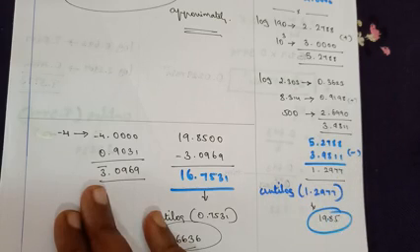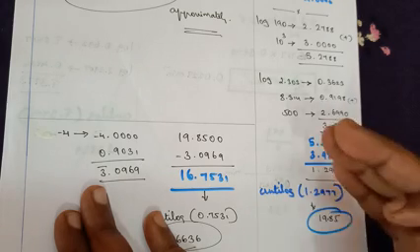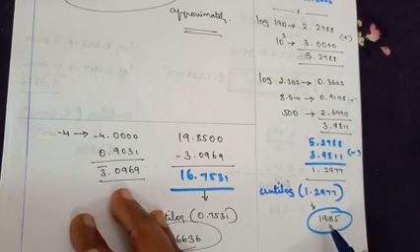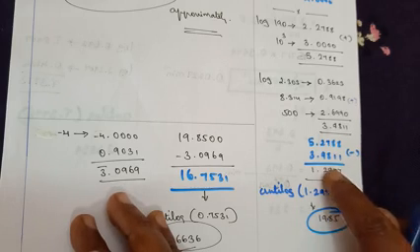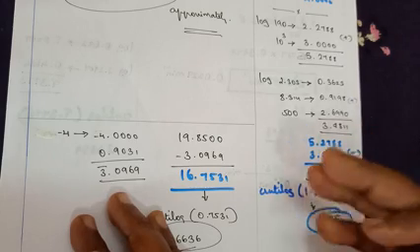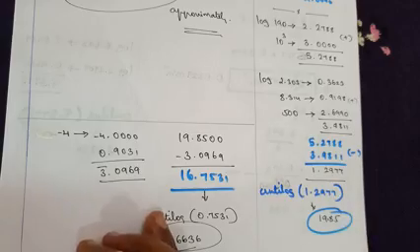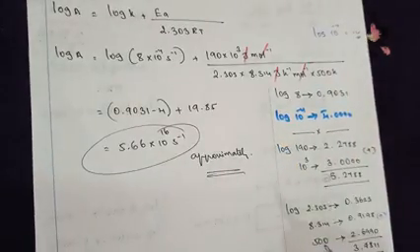For that 0.2977, you know how to make use of the anti-log table. When we calculate the anti-log, we get 1985. Since the integer part is 1, on the answer side you have to move 2 decimal places. So the answer will become 19.85. All these calculations I have taught you. That's what I have written.